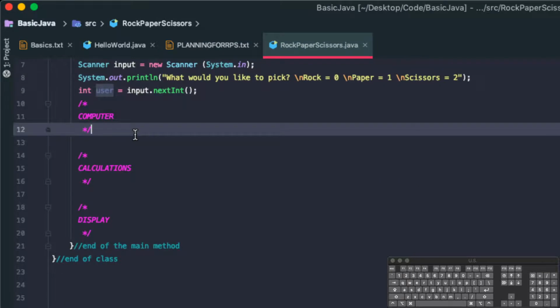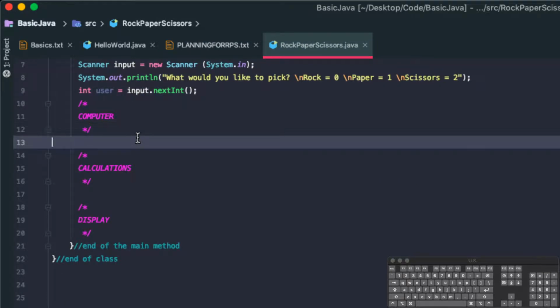So we'll go over here, go down to our computer section, and we'll use our math.random value, but we want to store that into something. So I'll just write int comp is going to be equal to math.random. And this generates a value from 0 to 0.999, repeating, and we want to have that max out at 2. So I'm going to multiply that by 3, close that off with a semicolon,